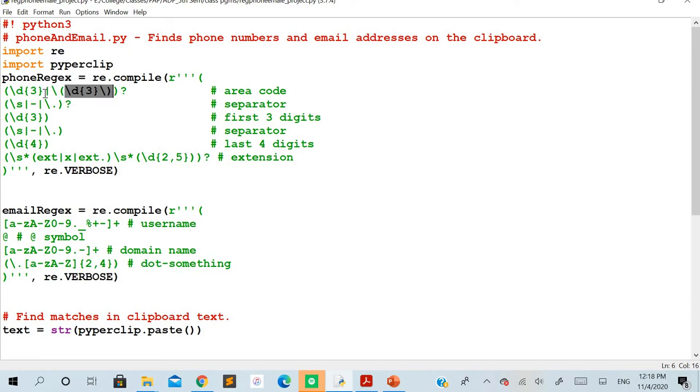So the pipe operator is going to either match or search for this pattern, or it may go for searching this other pattern, followed by the question mark symbol used here. This question mark symbol tells that this entire pattern may appear once or any number of times. As the next part, you can see \s tells that the pattern is for spaces. It may be any number of spaces.